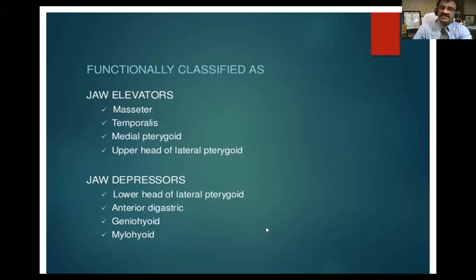Now jaw depressors means downward movement. These muscles are the lower head of lateral pterygoid. The upper head is for elevation, the lower head is for depression. Then the anterior belly of digastric; digastric has two bellies. Then geniohyoid and mylohyoid. Okay. These are the muscles which help in depression of the jaw. Well,